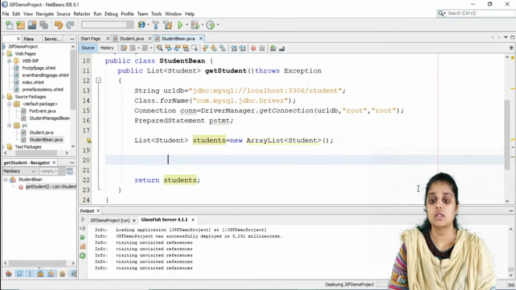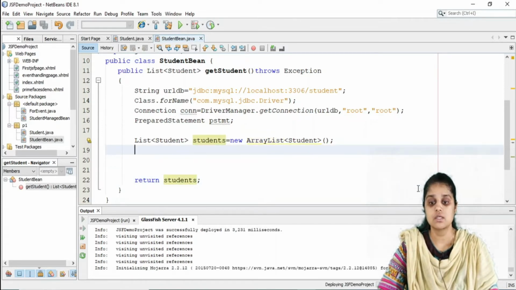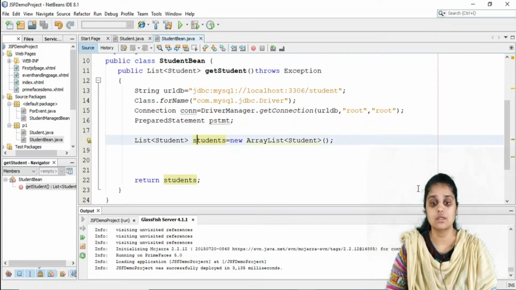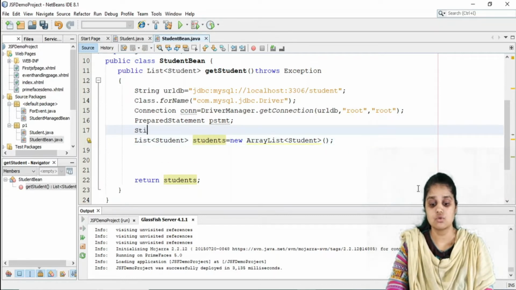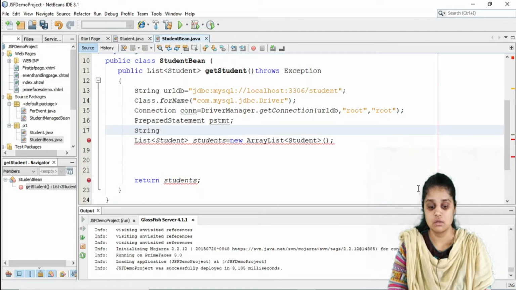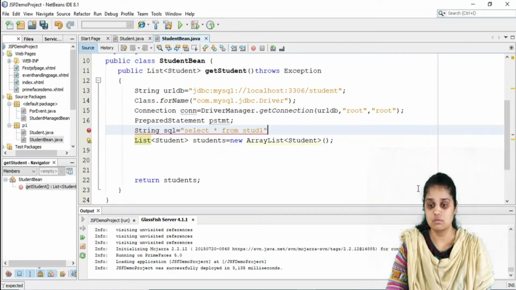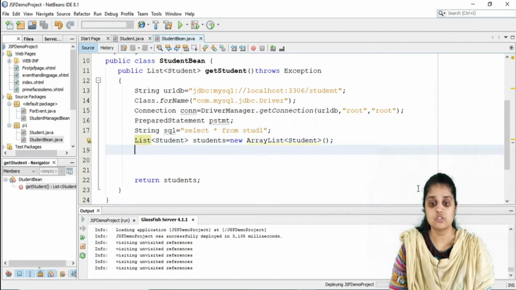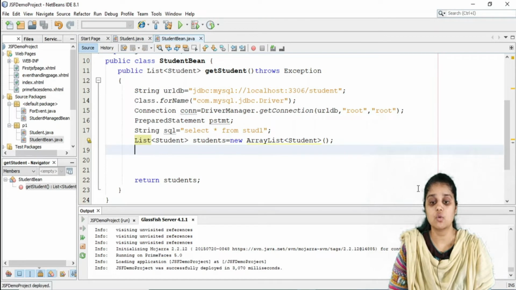Okay, now what I am going to do here is create a prepared statement object, and I am going to retrieve via that whole interface. Okay, so String SQL query: select star from stud1. This is what I want. Okay, now I want to first of all drive it into a different query.